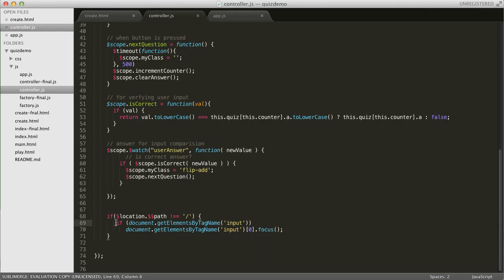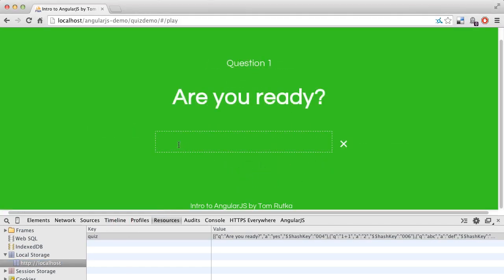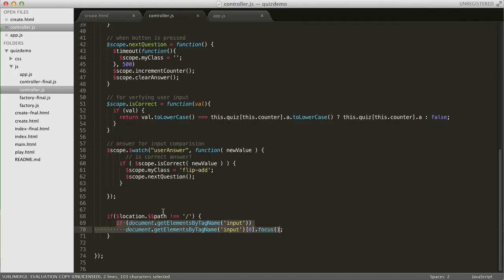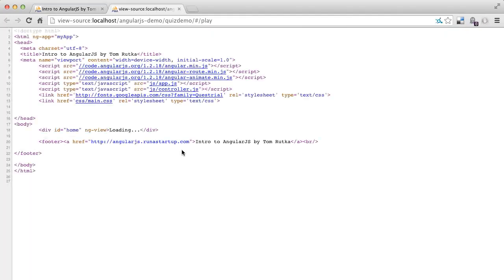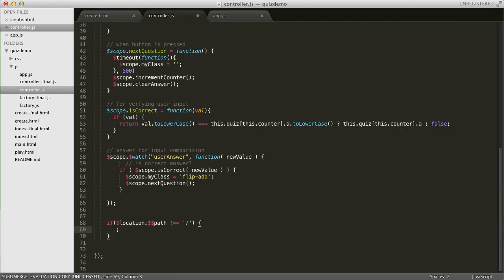What we have here may or may not be working so well. What I intended it to do is have the tab go directly on the focus, and it's not working because AngularJS loads this as a template. So if you look at the source, that template is not there, and therefore this isn't working. So we'll just get rid of this, and the way we have to get it to work is going to be with timeout. So this part is